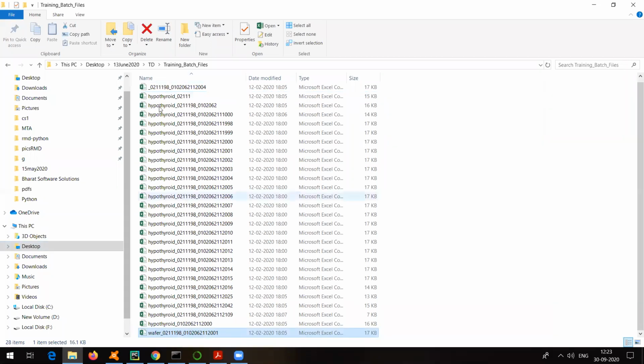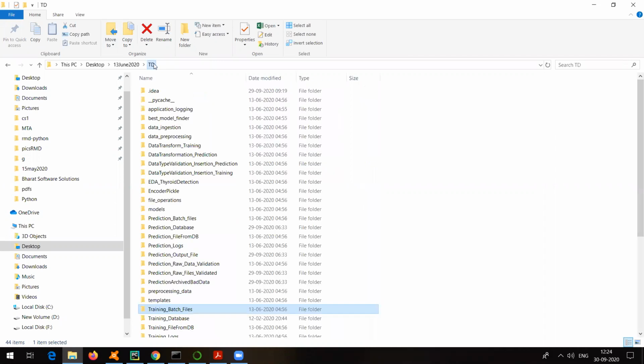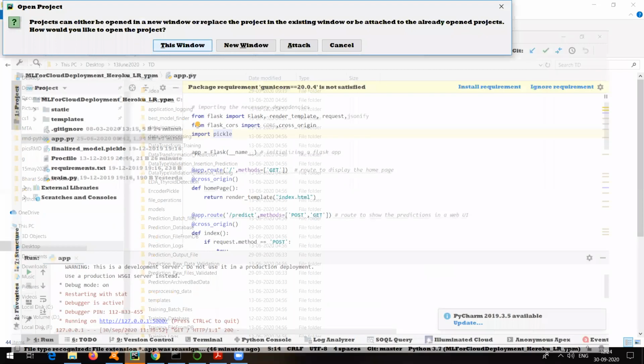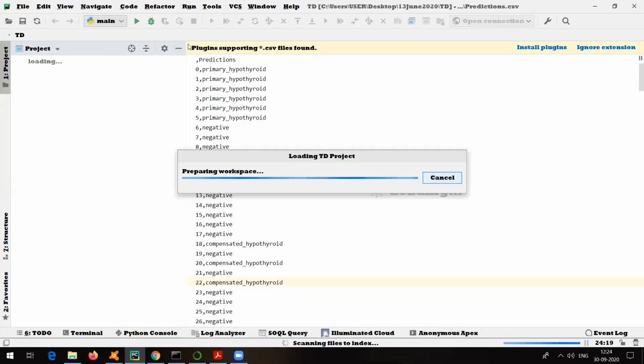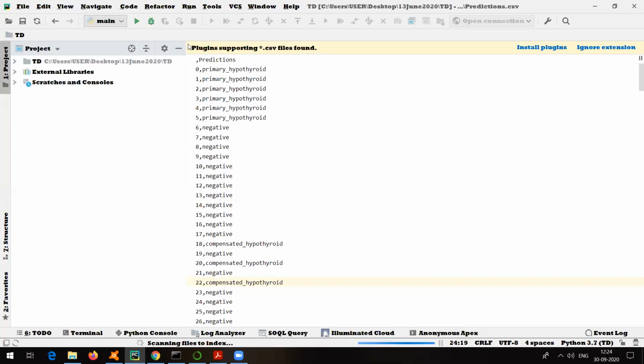Okay, so what this project is doing is, let me go and directly run it, open it in PyCharm. Exactly the same steps I am going to follow, which I have shown you earlier. PyCharm is highlighting, just go here. So I will try to open it in this window. Okay, so your final output will be